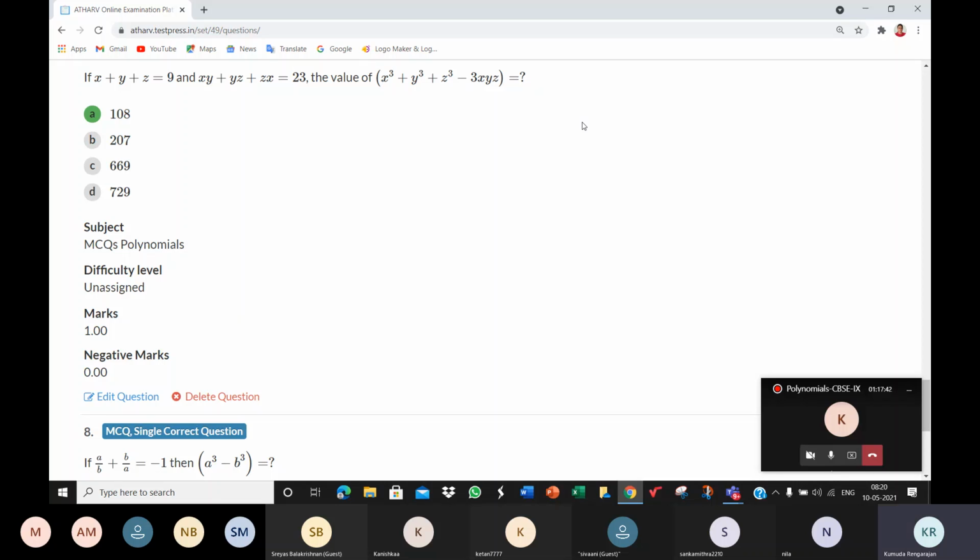And to find the value of x square plus y square plus z square, what can you do? x plus y plus z the whole square is equal to 9 the whole square, ma'am. Very good. So when you square this on both the sides and work this, you will get the value of x square plus y square plus z square. Perfect. Now we just have to substitute the values. And on working that, you will find the value of this expression is 108.